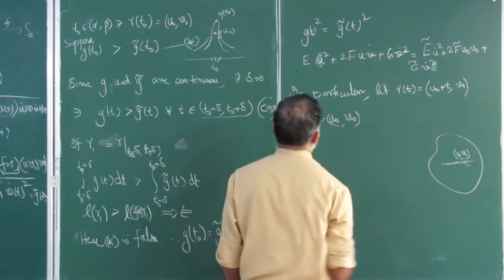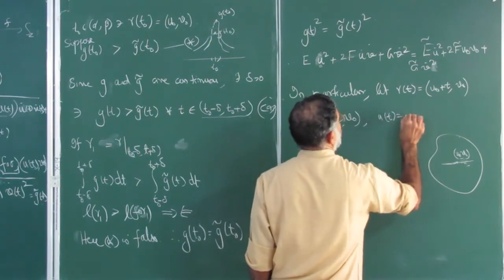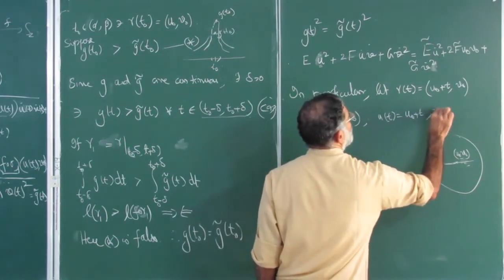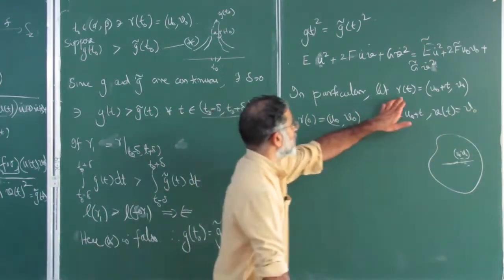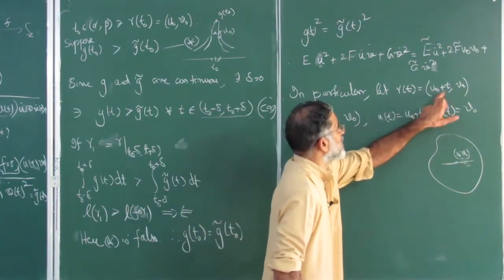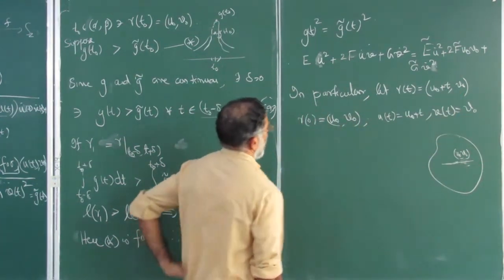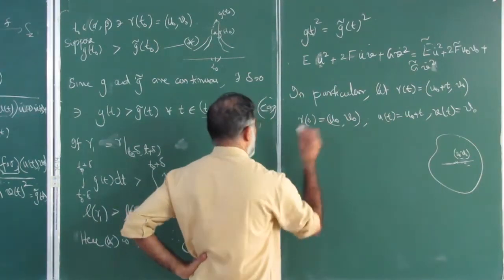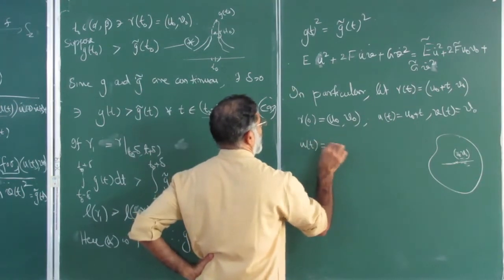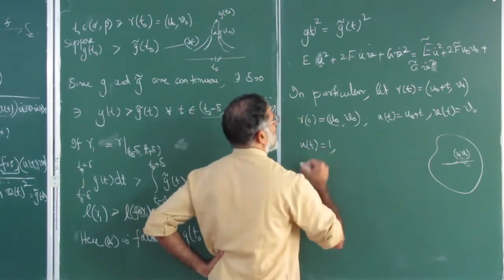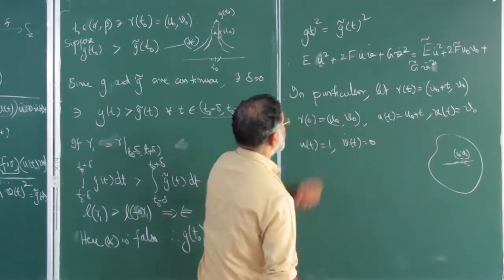Now let us substitute here. What is u(t)? u(t) is equal to u0 + t, and v(t) is constant v0. You can see that. So this γ(t) is (u(t), v(t)), and v(t) is a constant. That's exactly the curve. And γ(0) is this. So let us look at γ dot: u̇(t) is 1 and v̇(t) is 0.